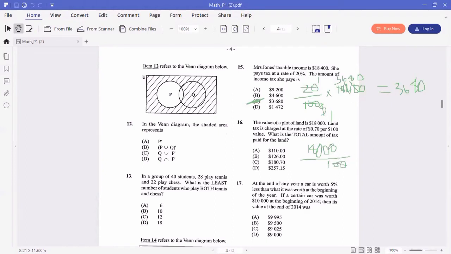You can cancel, so you can get 180 out of 18,000. Now you need to times that by